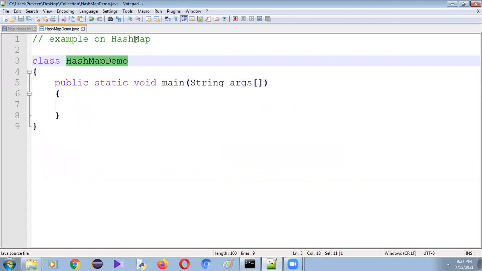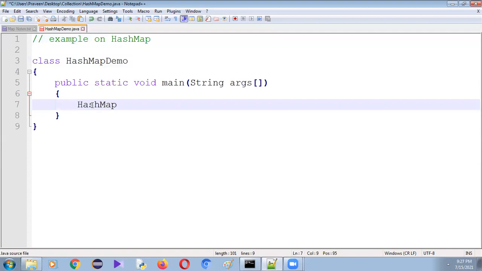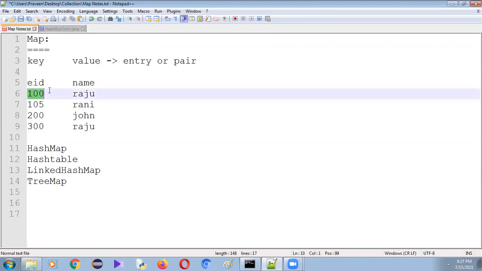Now, first, let me create the object of HashMap by using generics. As I said, in maps we have to store the group of objects as keys and values. Here we are using generics. In the key, I want to store the employee IDs. Employee IDs belong to the integer data type, whereas employee names belong to strings.